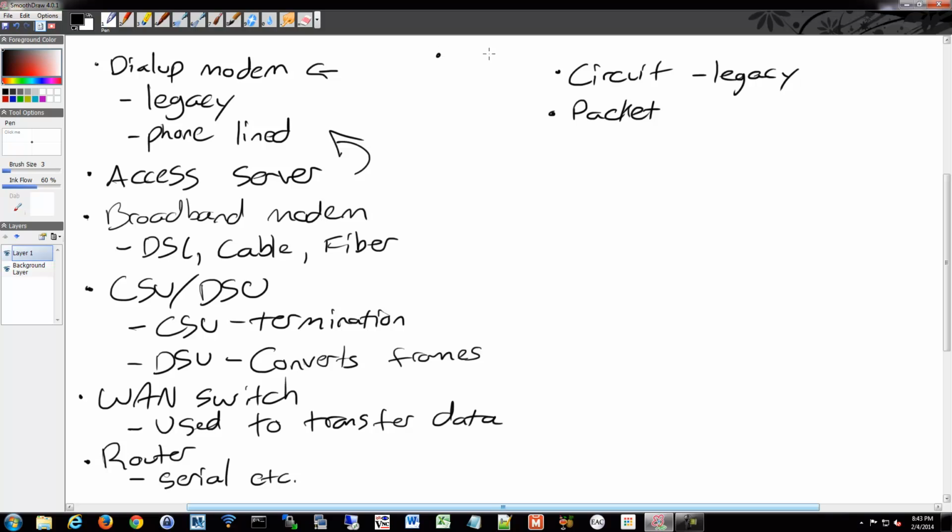Previously you had connections between locations. These were like different offices of the provider, and when you tried to connect from one location to another location, you would then open up a connection that was dedicated to you between those 2 points, and whether or not you sent any data, any voice traffic, any data traffic, whatever, that was dedicated to you, and that bandwidth was wasted if you were not transmitting. Whereas a packet network,